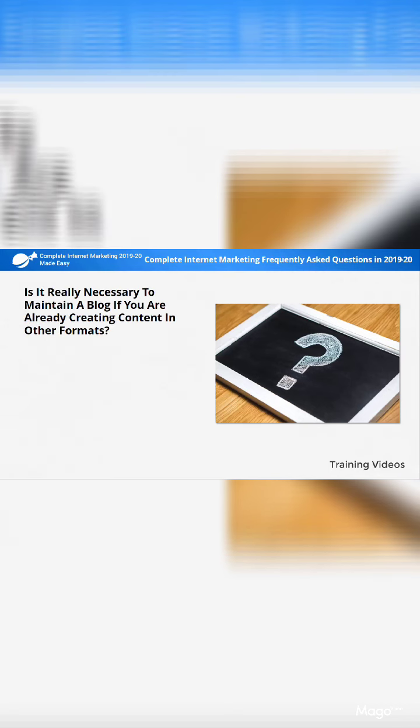Is it really necessary to maintain a blog if you are already creating content in other formats? Unless you do business as an entertainer and you focus on a single format, like if you are a YouTuber or a streamer, then yes, maintaining a blog is crucial. This is because a blog can help you to attract people at any stage of the sales funnel. Remember, people who are searching products to make a final purchasing decision look for relevant info by entering product keywords on a search engine. Those searches are going to funnel potential customers to your blog, where they might decide to